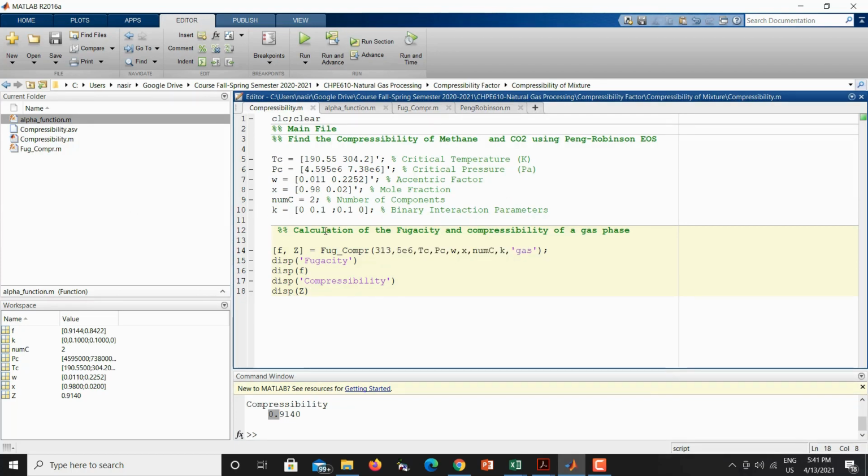So I hope you understand this information regarding how to find out the compressibility for the pure component and the gas. If you have any